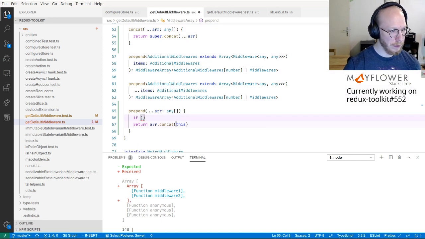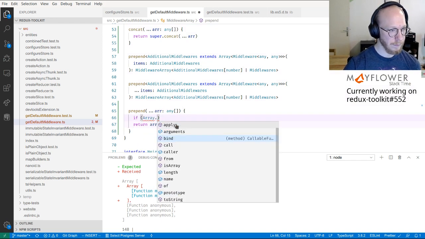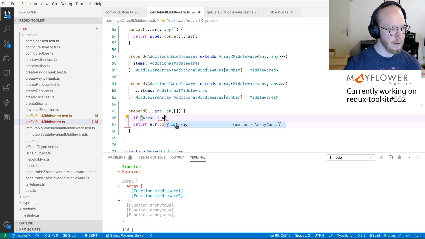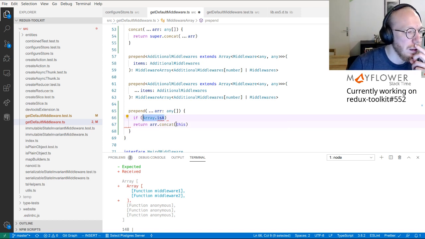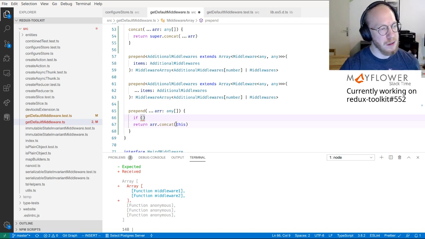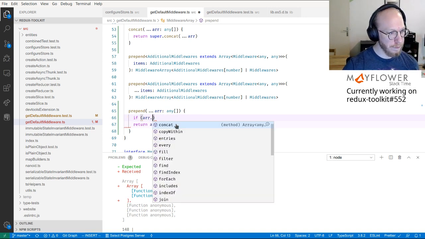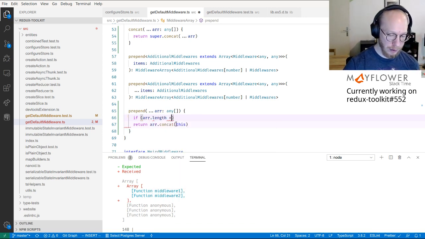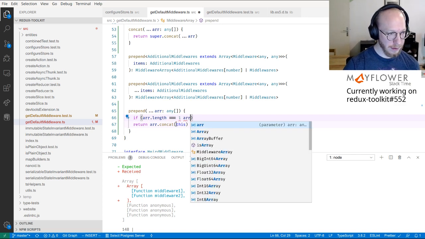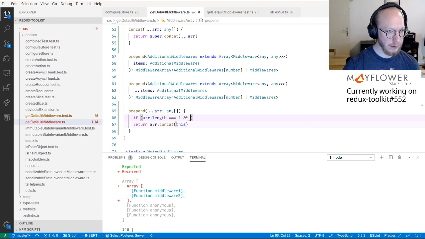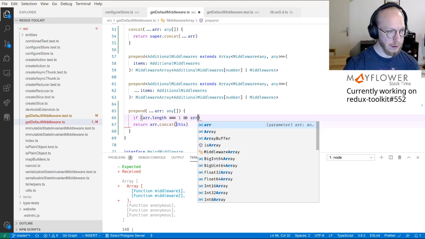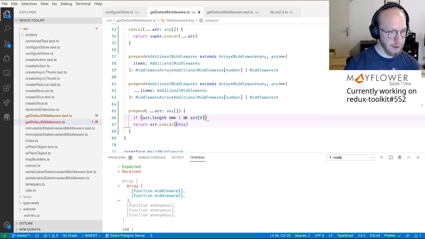So yeah, we need some more logic here. So if arr.length equals 1 and the first element in here is an array,